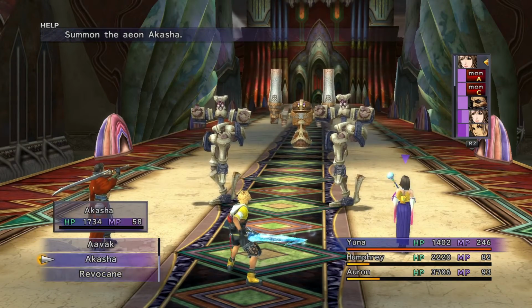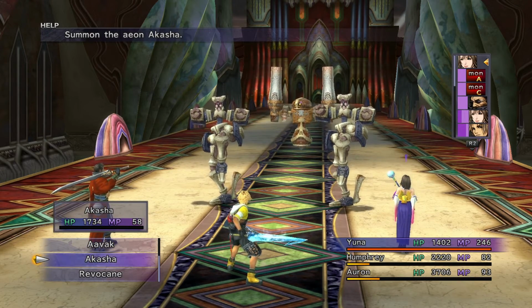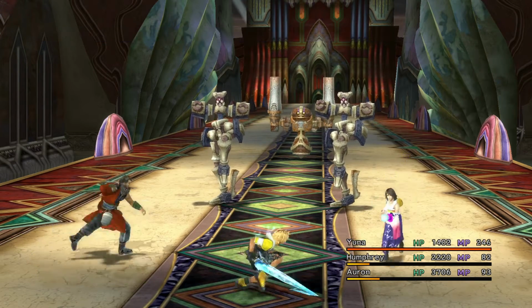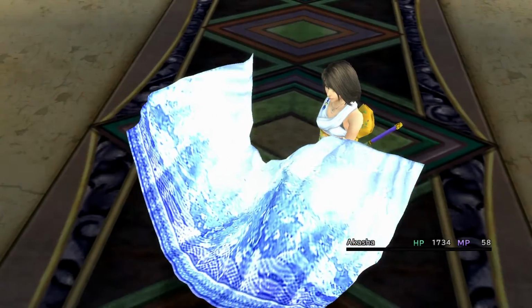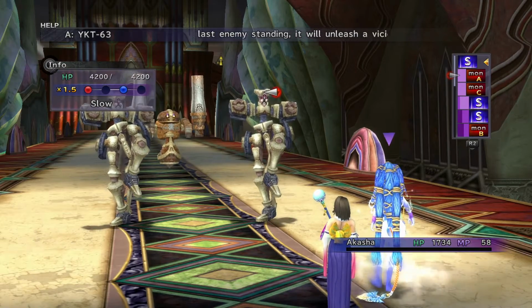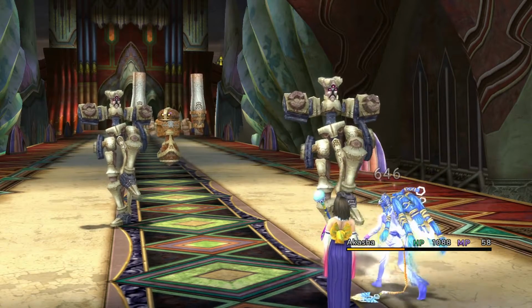I could summon someone like Avak or Akasha. Akasha has pretty good dodge. Let's do it. Really, at this point, I'm just trying to avoid being ejected from this battle because it's highly likely. There used to be some noise behind me. So they're not weak to anything she does, so we'll just physically attack. You can't cast stop on them, so...